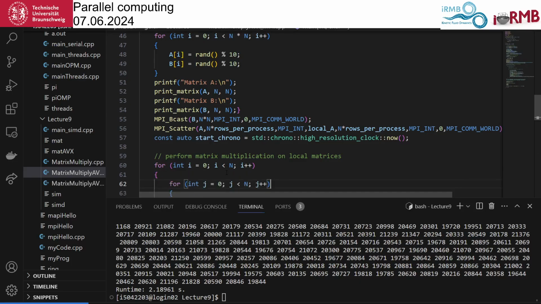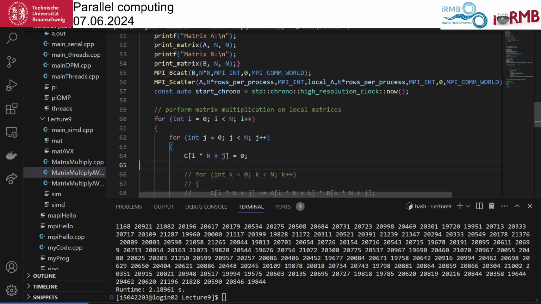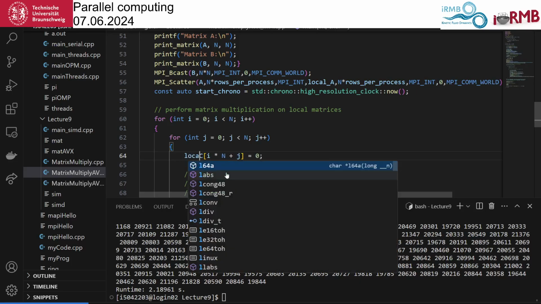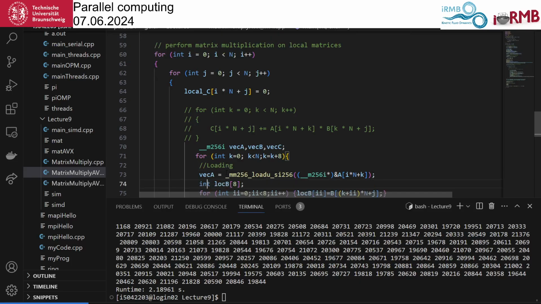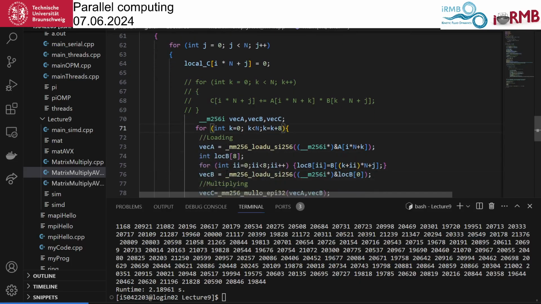So now we have to do the proper calculation, and this is done now no longer in C, but in the local C. Okay, skipping over this, now we have to do the loop, and the loop is over the local A. Now the local A is of course smaller than the global A was.